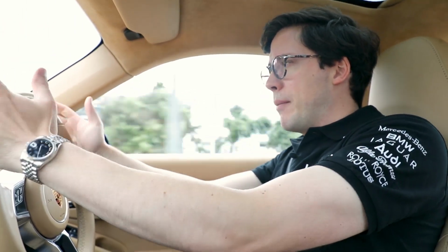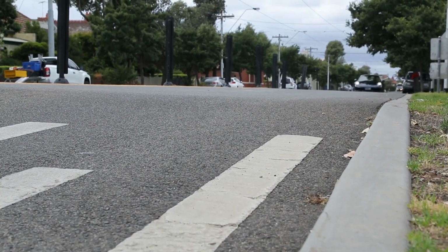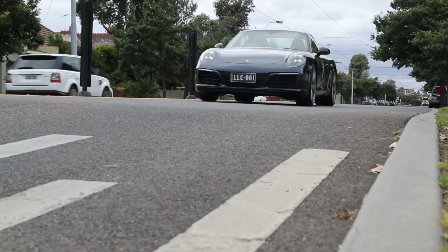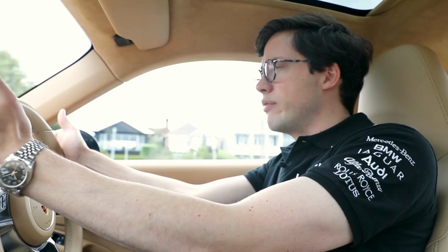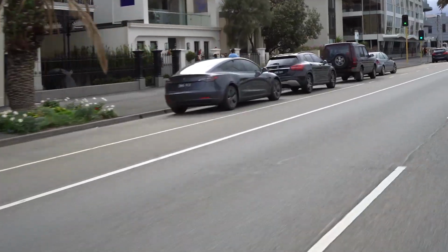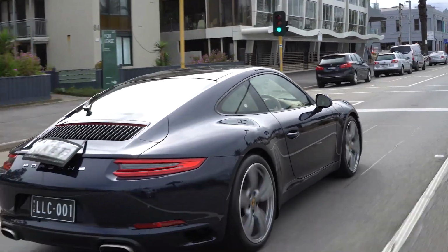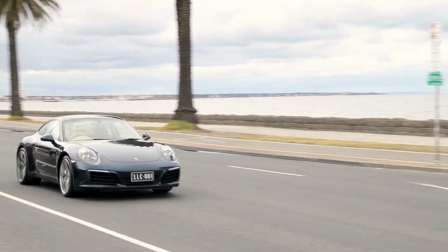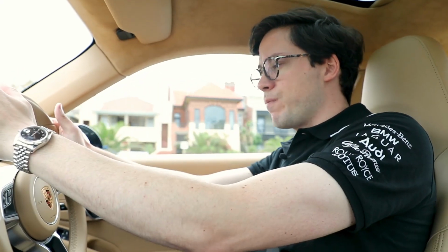It's unbelievably practical, it's comfortable, it goes over speed bumps unbelievably well, even these really big ones here in Albert Park, which were designed, I think, with only Hummers in mind. It's extraordinary what technology has done, where technology is taking us. I mean, there was all this uproar back when the 991 series first came out about its electric steering, but the fact is that hasn't taken away from the car. And then there was uproar about getting rid of naturally aspirated altogether and replacing it with turbo. Hasn't ruined it at all. If anything, it's made it even better. It's just a